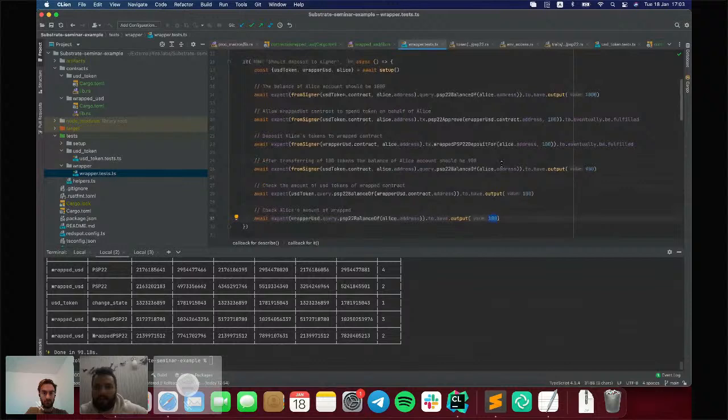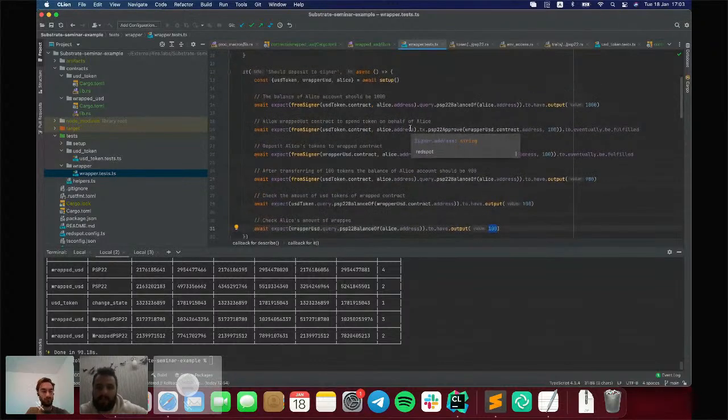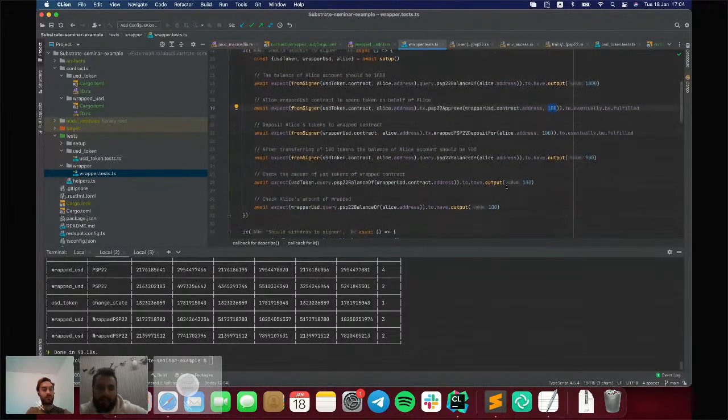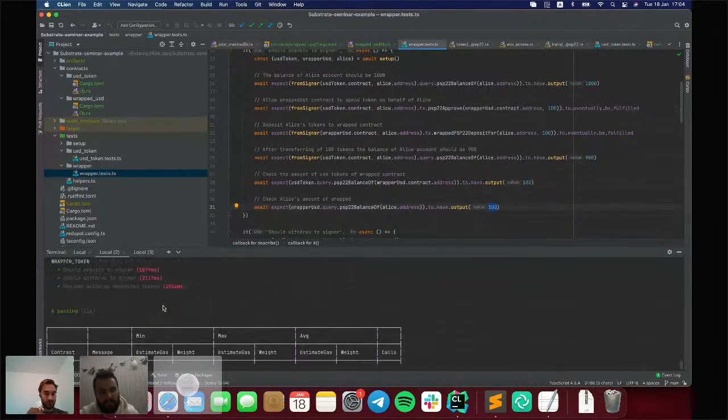So that means that Alice sent her 100 USD tokens and she got 100 wrapped USD tokens. Okay, test passed successfully.